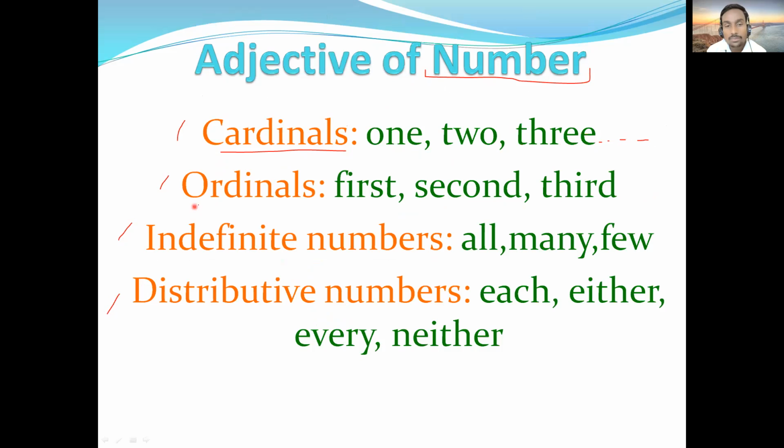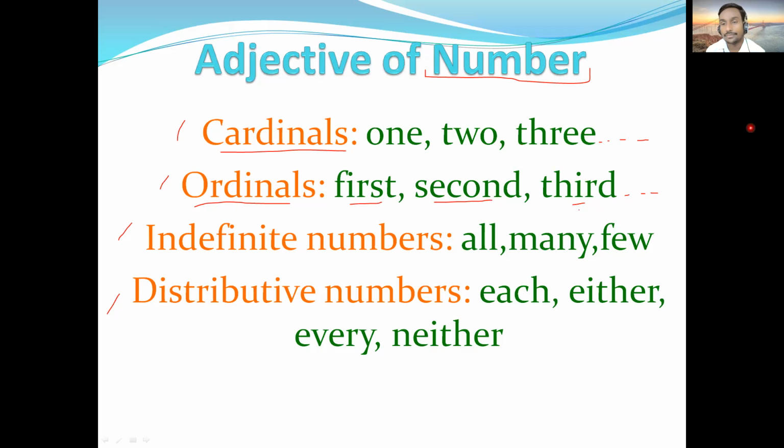Then, what are ordinal numbers? Ordinal numbers are used to talk about rank, place, position, etc. So you can say first prize, first rank, first place, first student. Then you can use these numbers like second rank, second prize, second person. Then we have third. These ordinals also can be infinite. You can think of the next ordinal numbers like eighth, ninth, 10th, 11th, 13th, something like this.